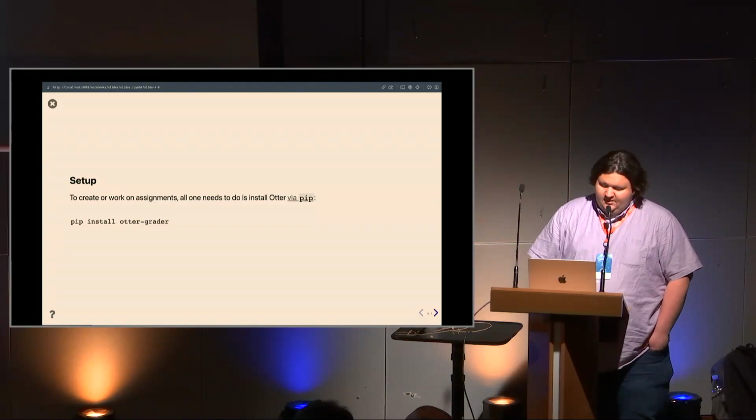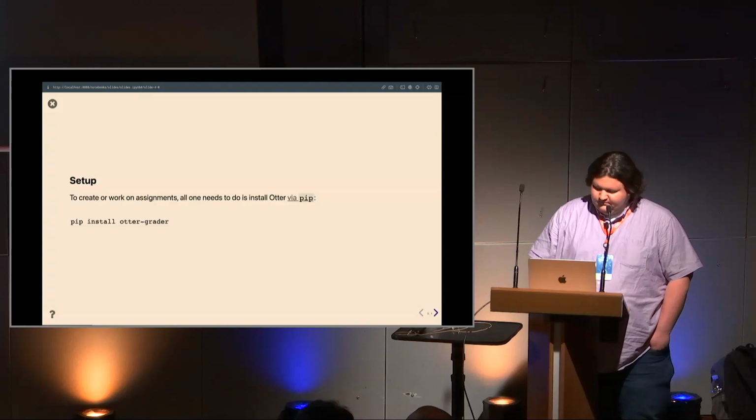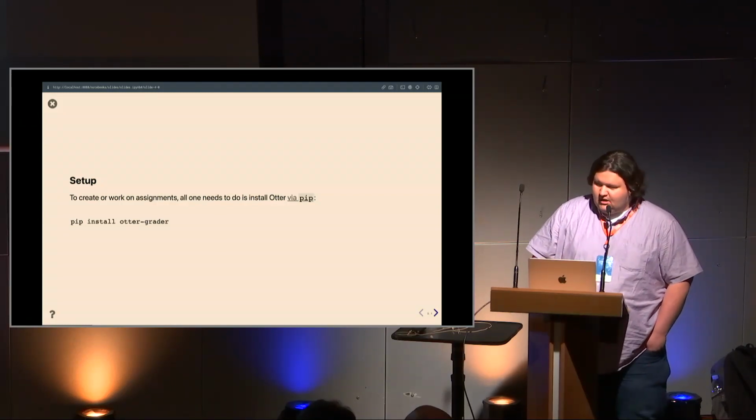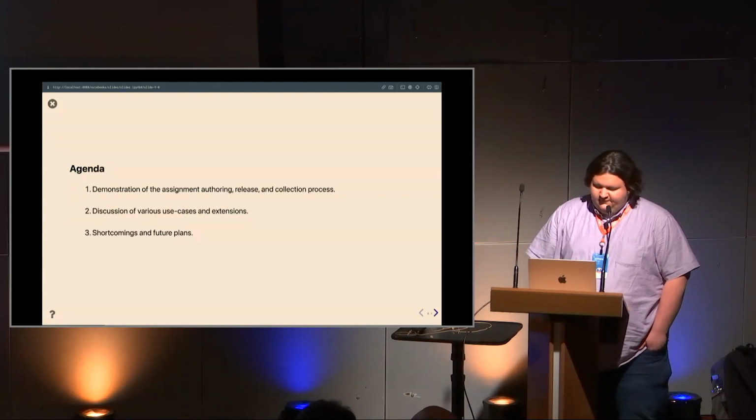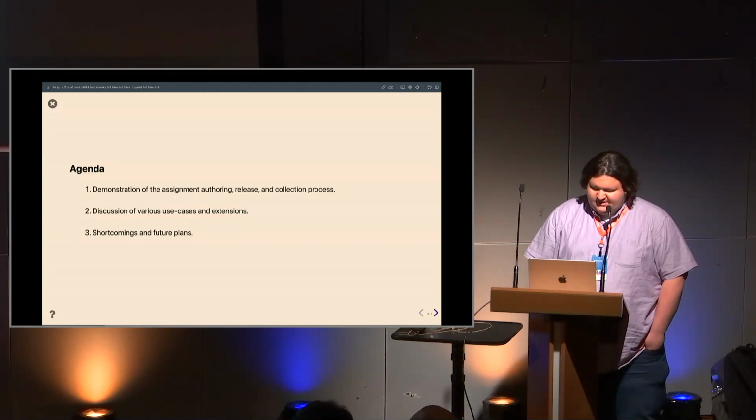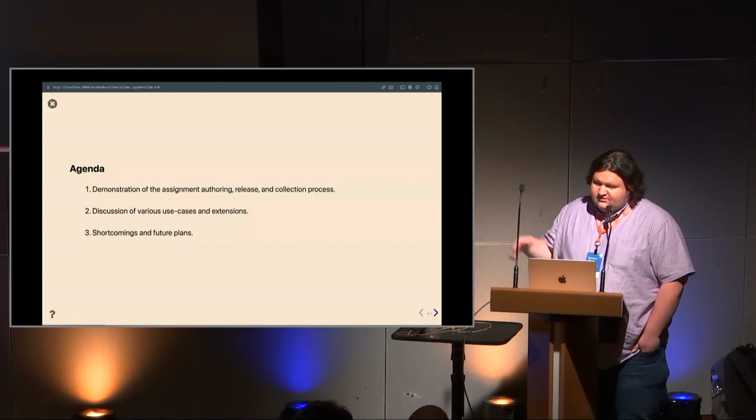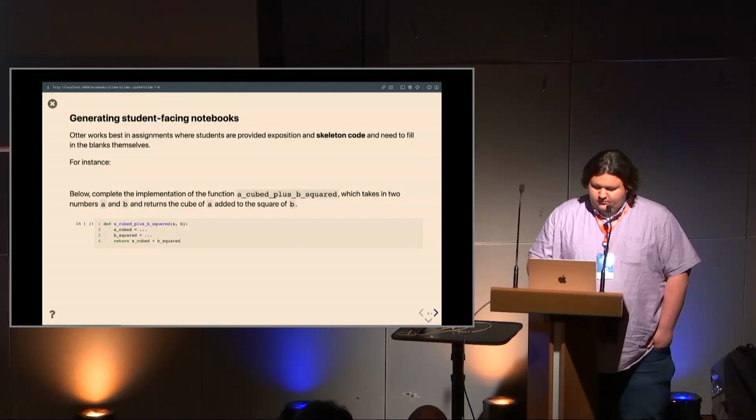So to set up Otter, it's actually very simple. All you need to do is pip install the Python package. And then if you're going to be grading locally in Docker containers, there's also a Docker image that you need to download as well. So in today's talk, we have three main parts. We'll do a short demo of the assignment authoring, release, and collection process. We'll discuss various use cases and extensions, and then finally we'll discuss some shortcomings of Otter, areas we hope to improve, and future plans for development. So to begin,